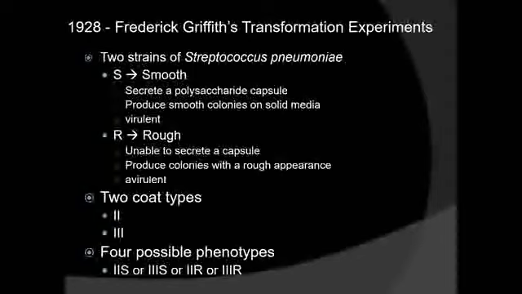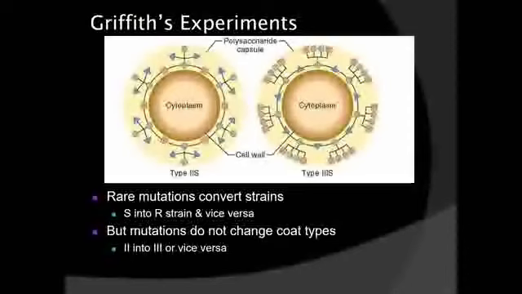However, the avirulent, or non-pathogenic, strain lacks the capsule and does not produce smooth, rather it produces rough colonies. Similarly, they have two serotypes, 2 and 3, so there are four possible phenotypic combinations: either 2S, 3S, 2R, or 3R. So the experiment